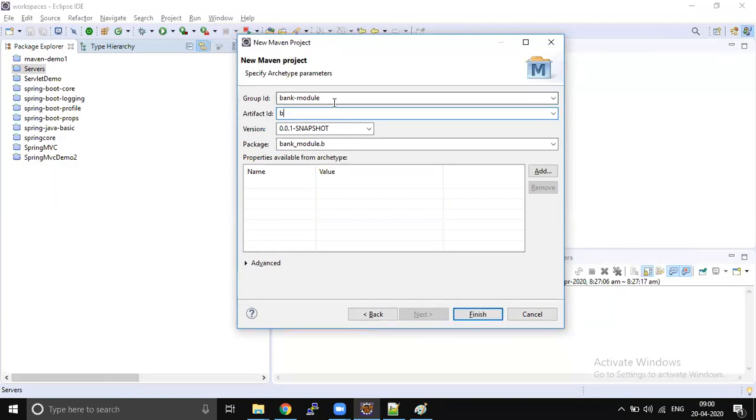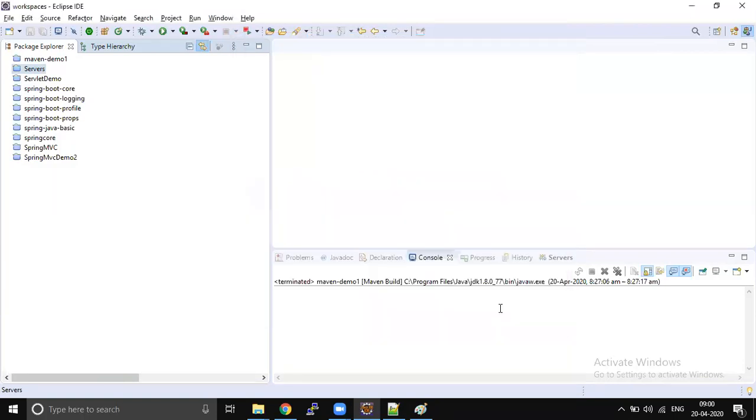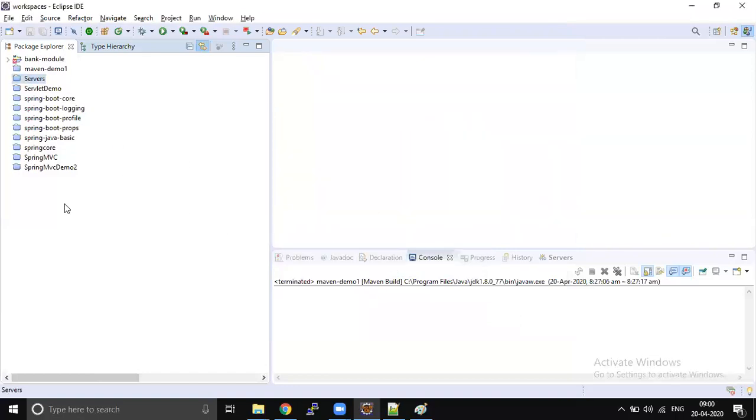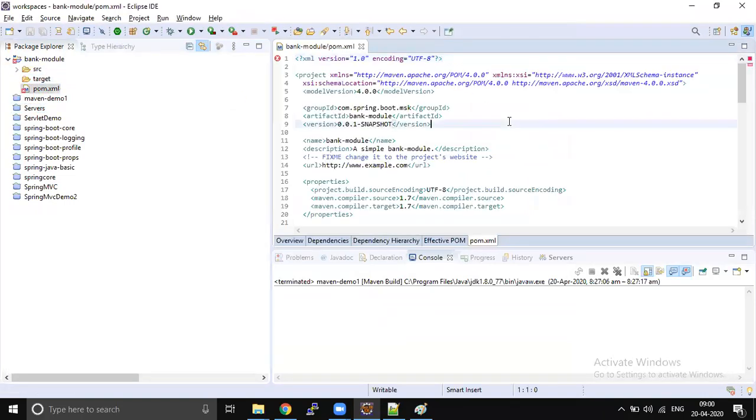The artifact ID should be bank-module. The group ID is a project structure that will not change, like com.MSK. It's a domain and subdomain. Finish. To convert any project into a Maven project, we can change the pom.xml file.